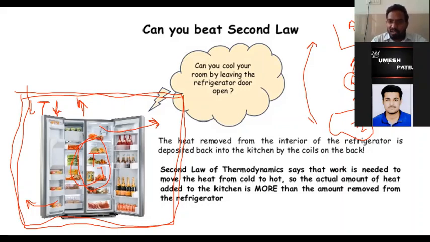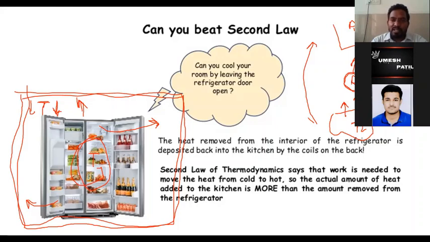So now if you compare this Q1 with Q2, this Q1 will be always greater than Q2. Why? Because we know that this Q2 will be proportional to this T2, and this Q1 will be proportional to T1. So Q1 will be always greater than Q2. The reason for that, refrigerator is going to absorb some heat from here. Additionally, we are providing some external work